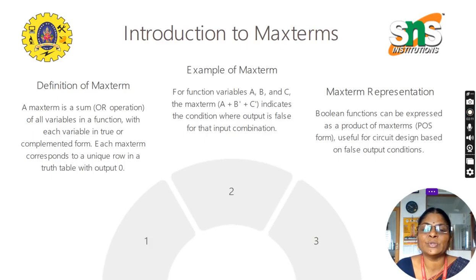Here the function is an OR function, that is, the multiplication term will be in addition form, like a plus b bar plus c bar. It may be a plus b plus c, or it may be a bar plus b bar plus c bar, but all the variables should be present in this function. That is the example. Next, we can represent it as POS, whereas minterm can be represented as SOP and maxterm can